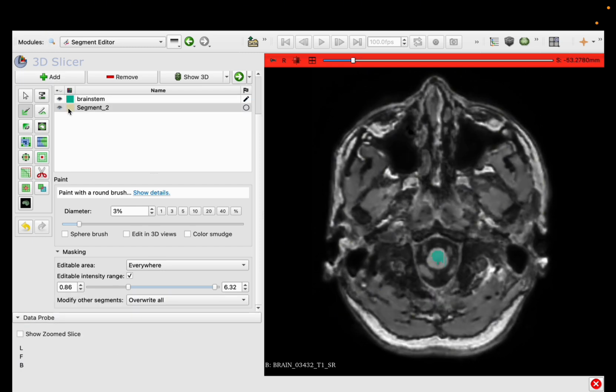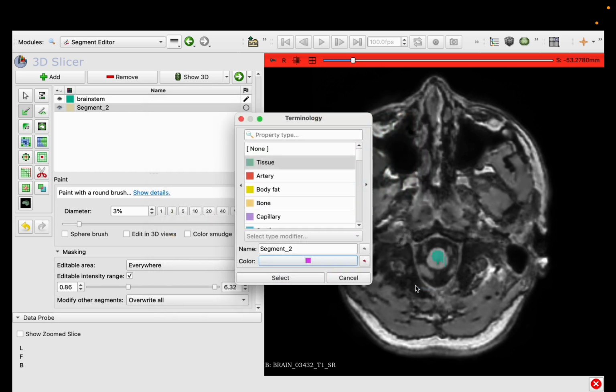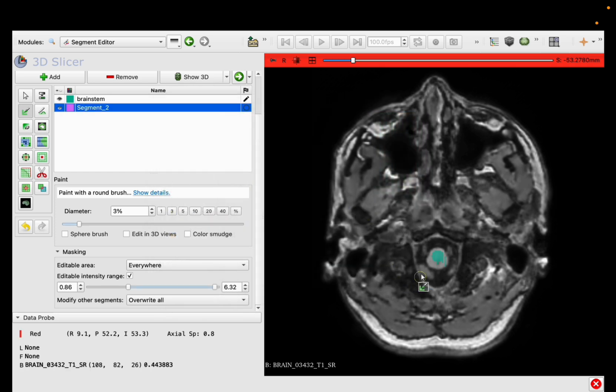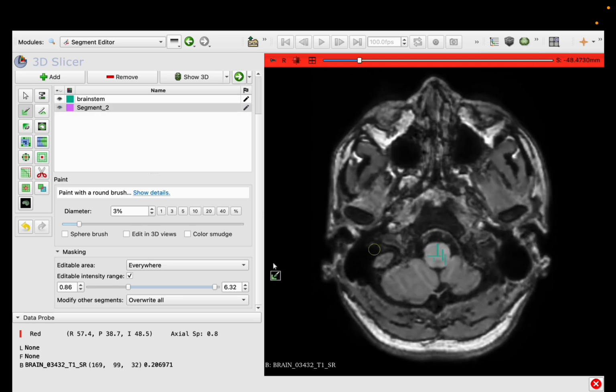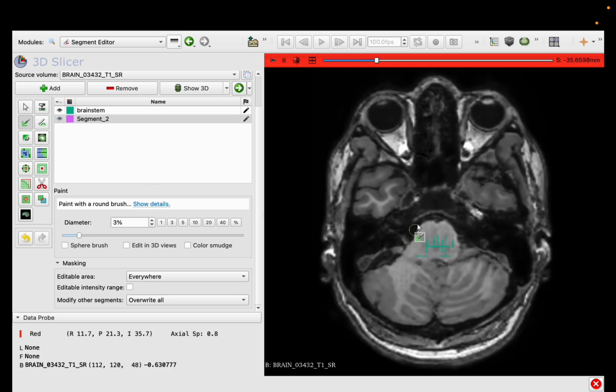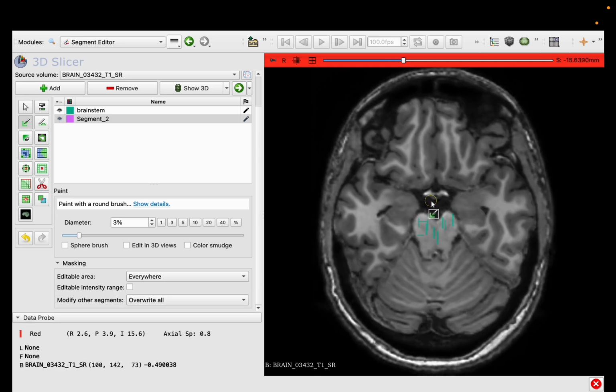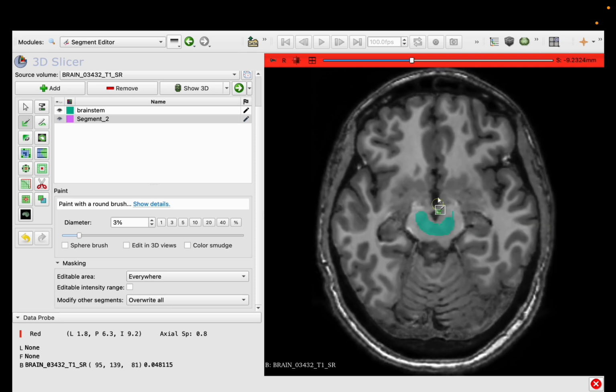Okay, now you have to add another segment for selecting the surroundings of the brainstem. Make sure to turn off this editable intensity range box and draw closed loops around your brainstem, again on all three views. It's better to be 3 or 5